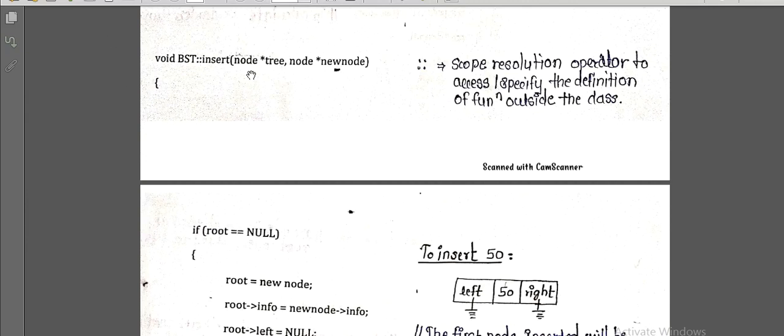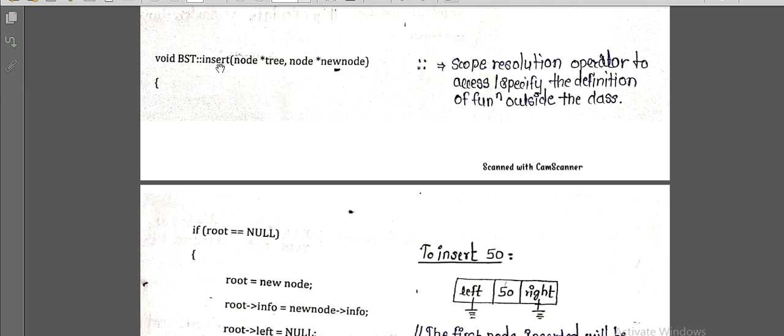So starting with the insert function, now how we are writing the definition of the insert function. You can see here we have written that the return type of this insert function will be void, and after that we have written BST and the scope resolution operator. Why have we done this? Because the insert we have declared in the class BST, right?